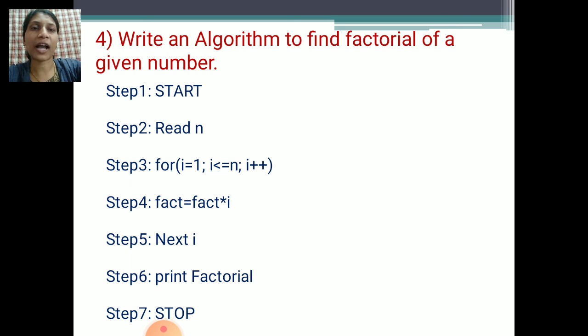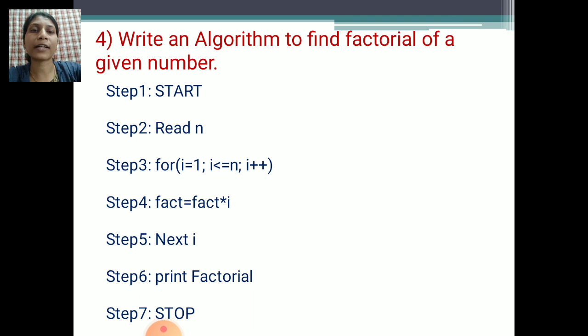If the condition is true, it will execute again and again. If the condition is false, the working of this looping statement stops here, and whatever result we get up to that point will print on the monitor screen.